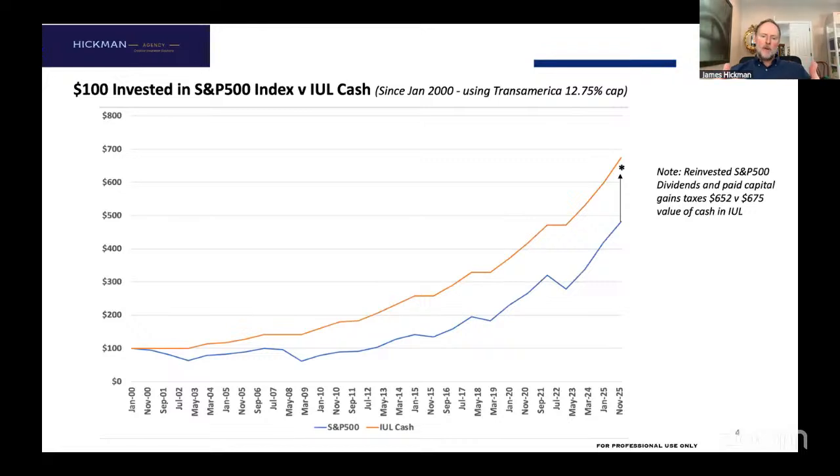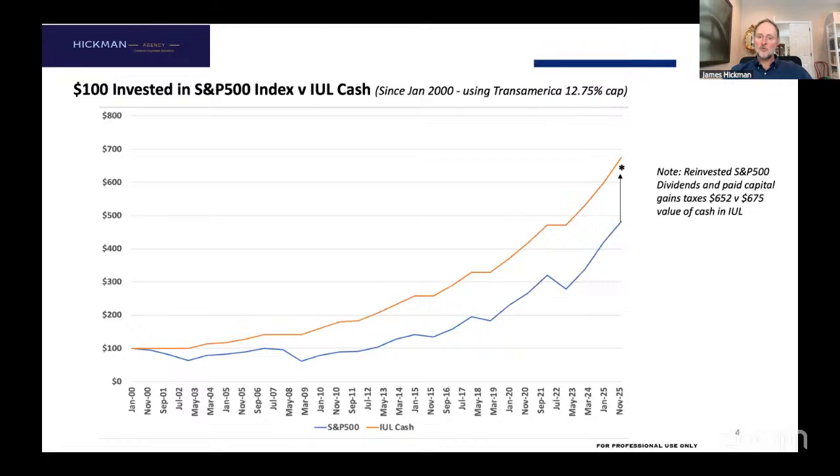But I told you this in the last presentation. If you could have avoided all the downside since 1900 to 2025, 125 years, 41 years the market went down. If you were just flat in those 41 years, you only needed to capture 34% of the growth that happened in the up years. I only needed 34% participation in the upward growth of the stock market if I had been able to avoid all the losses. Just 34% upside needed to match the stock market's performance, but not have any of the downside and any of the headaches.